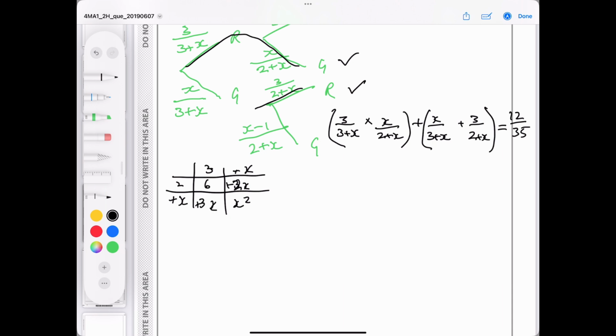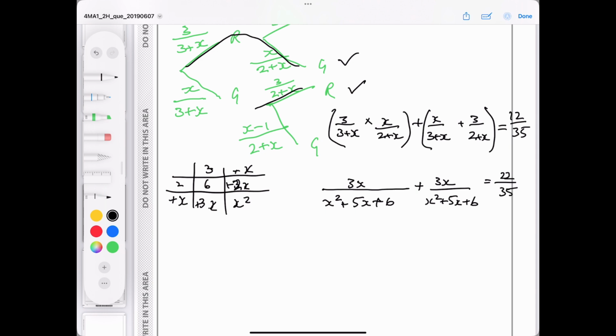So on the bottom of both, you're going to end up with X squared plus 5X plus 6, and that's 3X on the top, plus 3X over X squared plus 5X plus 6 equals